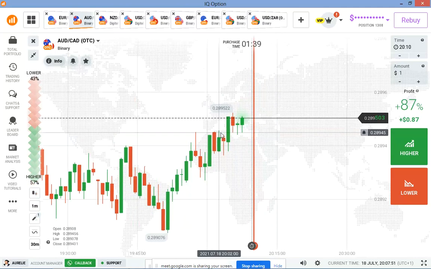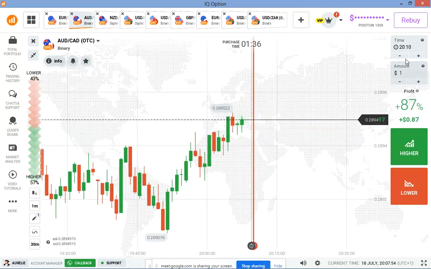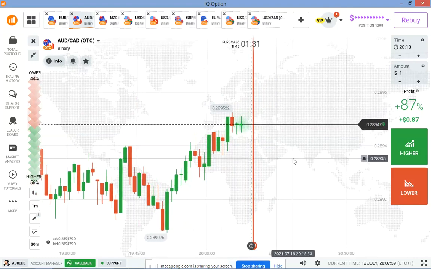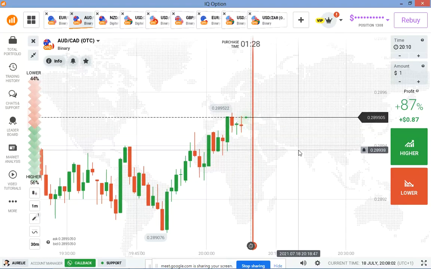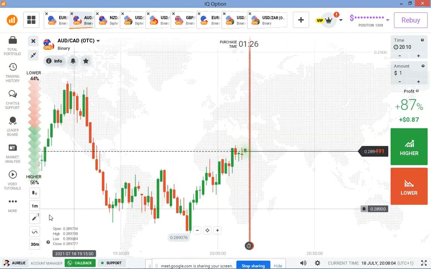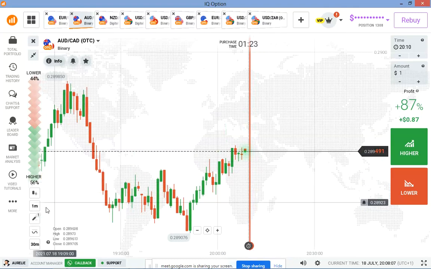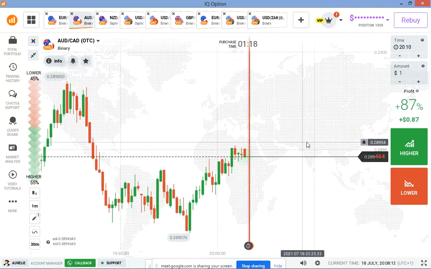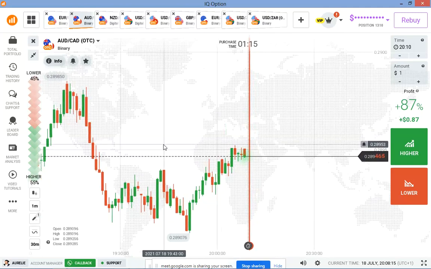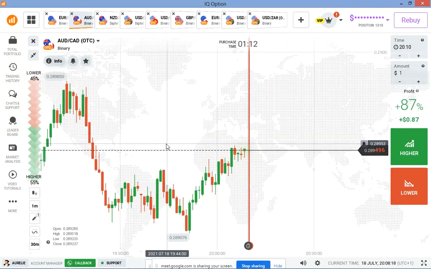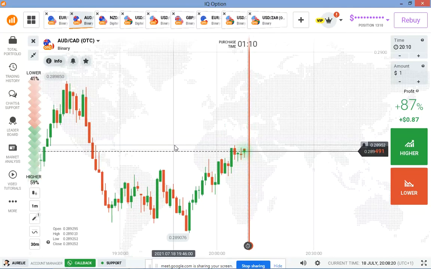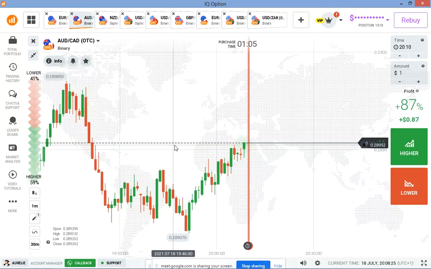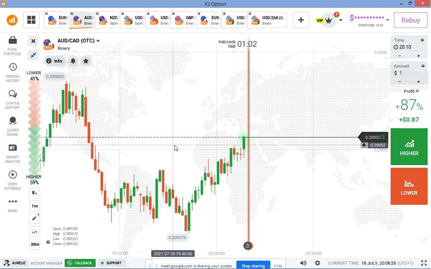Account of $100, if you are using 1 minute candle time period and a 1 minute expiry time, if you don't know how to trade, you will blow your account within 5 minutes. So when you learn how to use any of this candle time period, you will start making profit with it. For instance, if you know how to use 1 minute candle time period, you will make profit with it. If you know how to use 2 minute candle time period, learn how to use it, then you make profit with it. So don't stick around with 1 minute. Just explore more on different time frame.